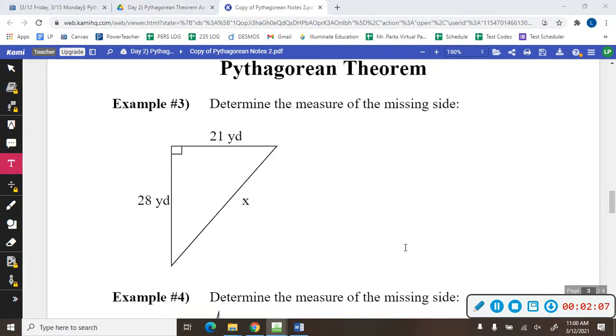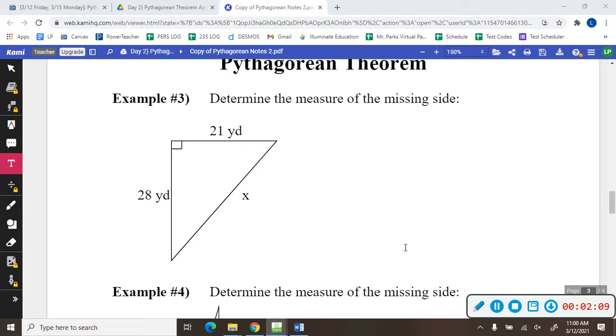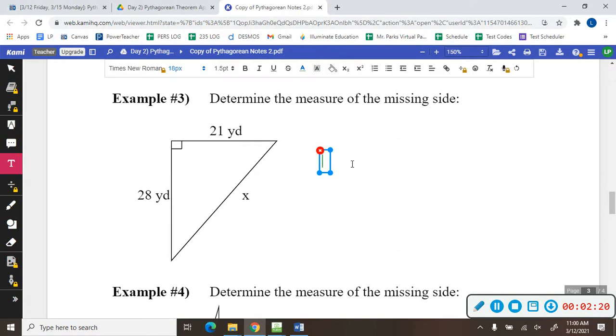Here's an example. We're going to find the measure of the missing side. And we know that the leg squared plus the leg squared is the hypotenuse squared. So I know that 28 squared, plus 21 squared, equals x squared. So solving that,